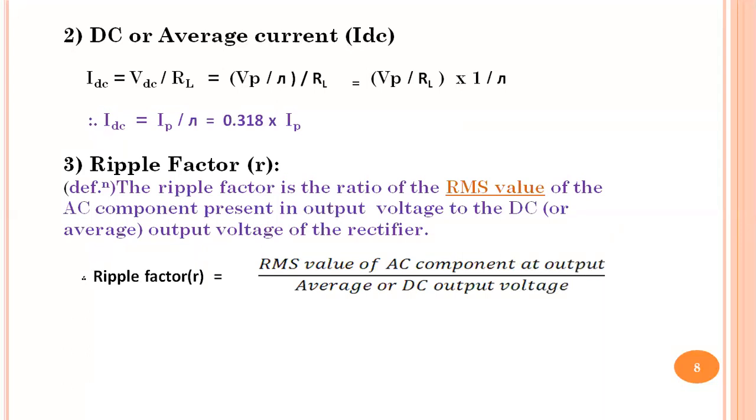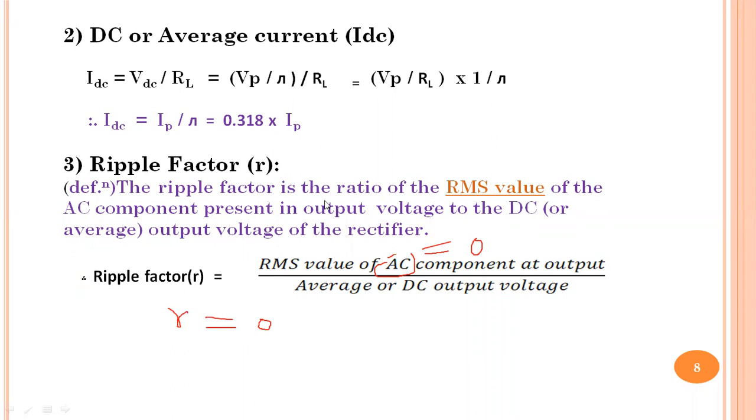Now, what is the electrical significance? What is the actual meaning of this factor? This factor represents what amount of AC component is present in the rectified output. Ideally, we want the AC component present in the output of the rectifier to be 0. We want the rectifier output to contain only DC, right? Then the required value of the ripple factor, notation gamma, should ideally be equal to 0. But in practice, it is not 0. It must be very low.